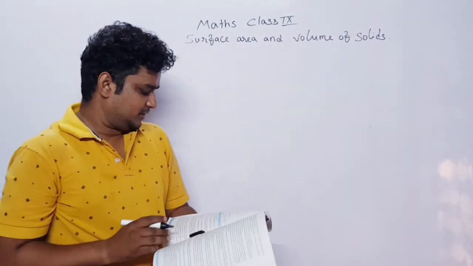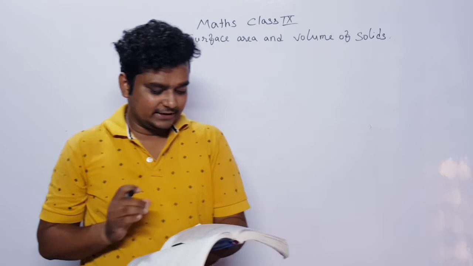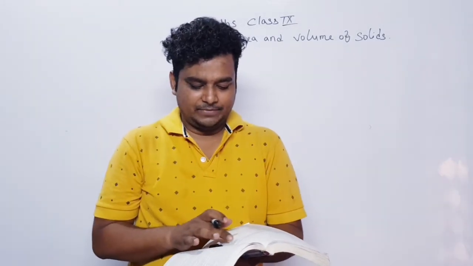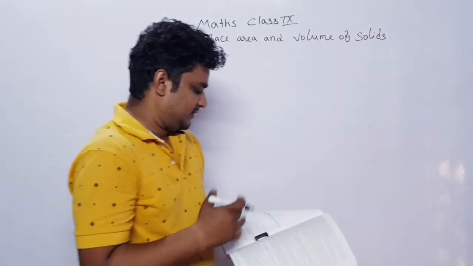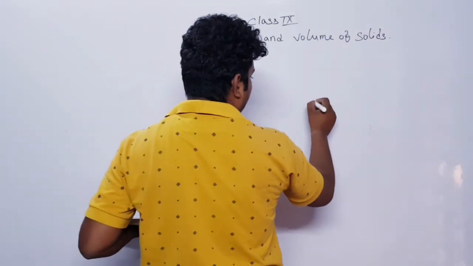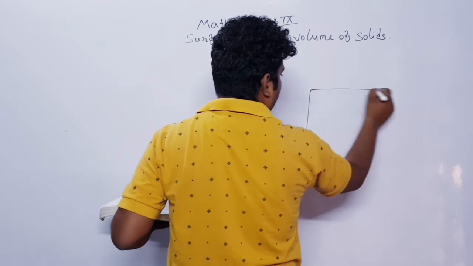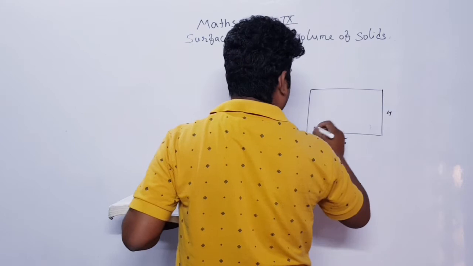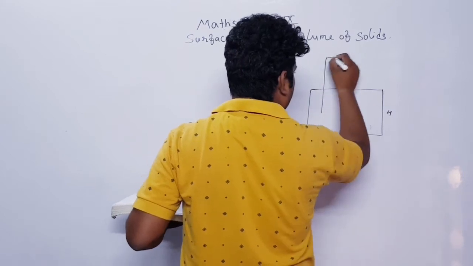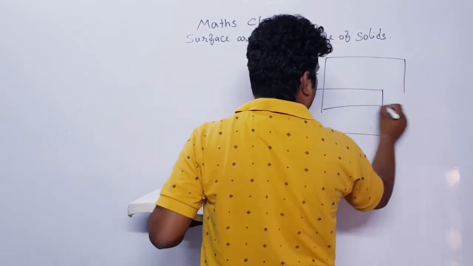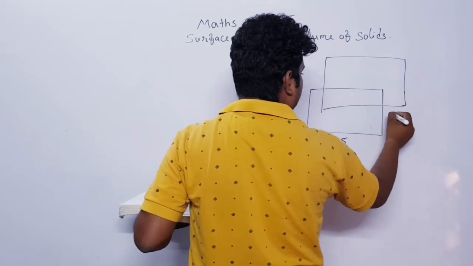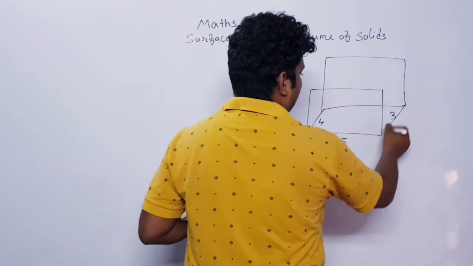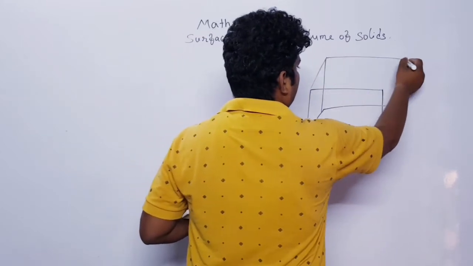Coming to the next question, question number 2. Here it is given: find the surface area and volume of a rectangular solid. By measure it is given 5 meter by 4 meter by 3 meter. So length, breadth and height, all the things are given. We need to make this figure like this. This side is given 5, and this particular side is given 3 and this is given 4. So in this order the dimensions of the figure are given.